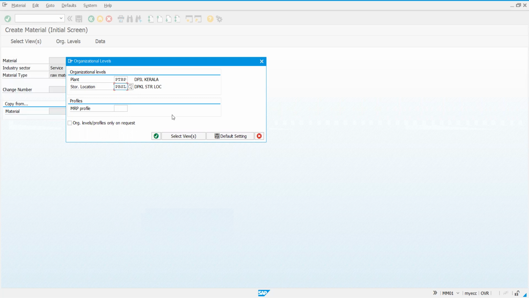So make a note of this, organization levels. Here again, I can make it default setting so that I can proceed. I do not have to define this plant, storage location, or organization levels every time if I make it default.